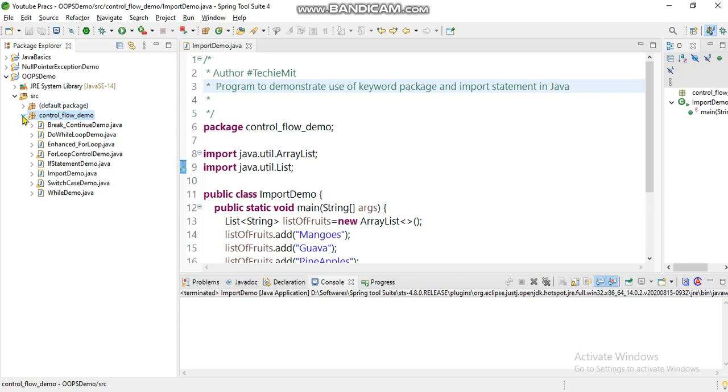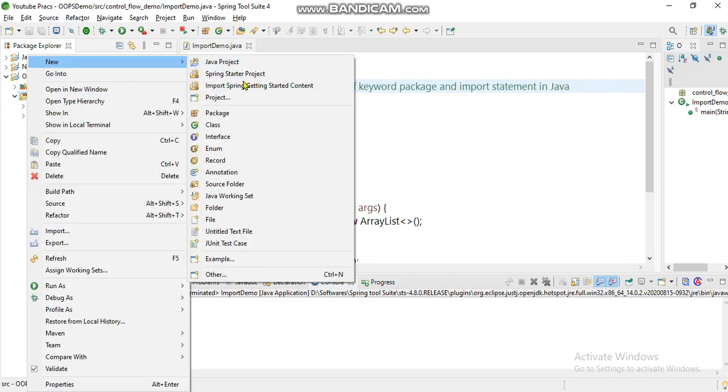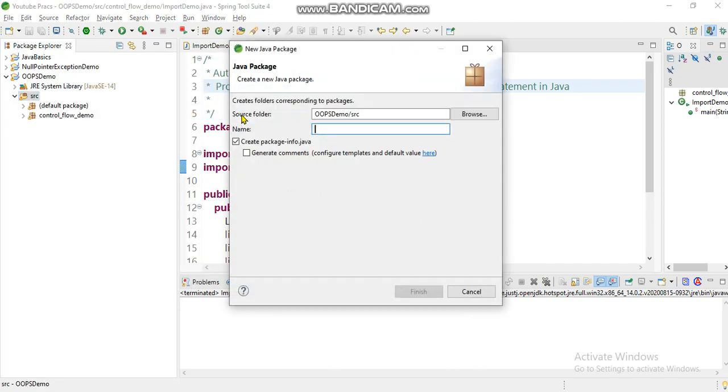So what is basically a package? A package is basically a collection of classes included together. There can be both user defined packages and built-in packages. User defined packages we can create just by including them in your programs.